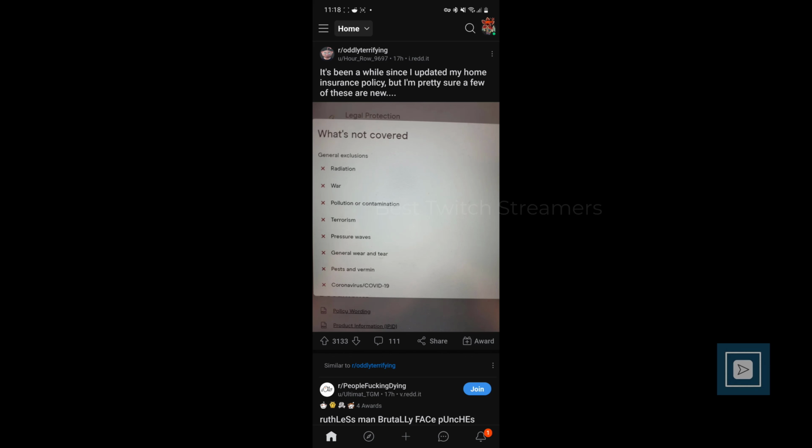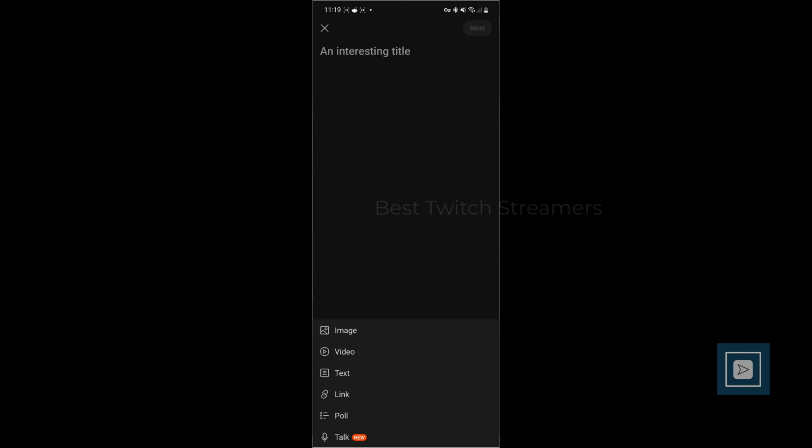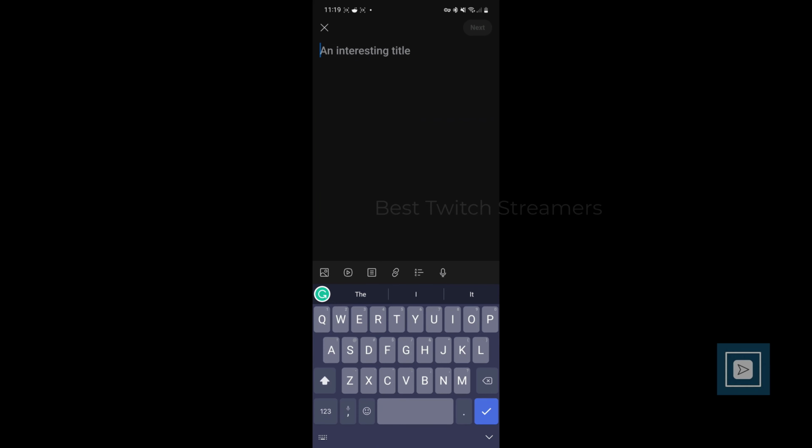So as you can see in the bottom, we've got this bell icon, this chat icon, a plus, compass, and the home icon, right? So in order to make a post, what you want to do is click on that plus icon. Once you click on the plus icon over here, create your title, test, that's going to be the title, and then